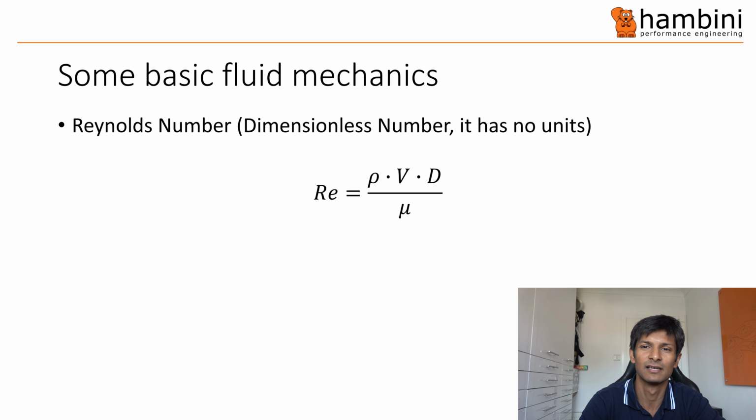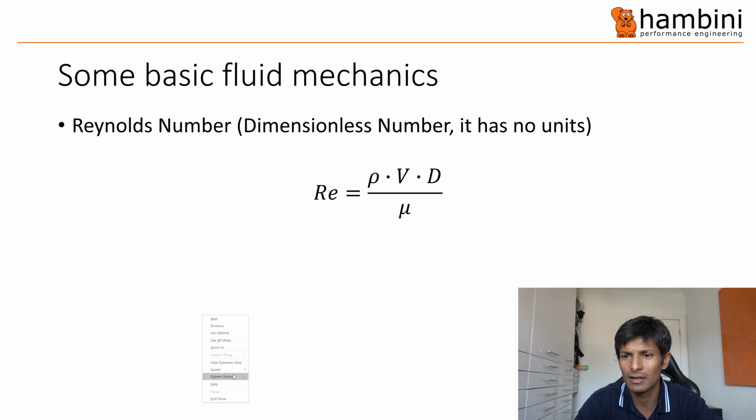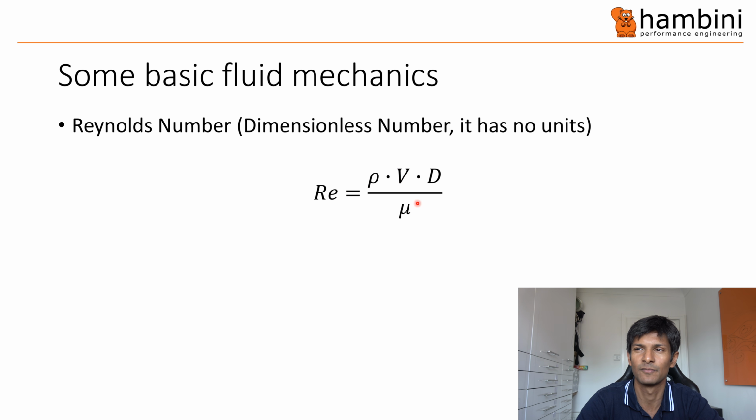So to go through this, if I turn the laser pointer on, pointer options, laser pointer, the rho is density. For water it's 998, for air it is 1.225. That can vary depending on whereabouts in the world you are. V is velocity, and that is measured in meters per second, not in kilometers per hour. D is a characteristic dimension, and mu is viscosity, and I can never remember whether it's kinematic or dynamic, but it's related to the one of them